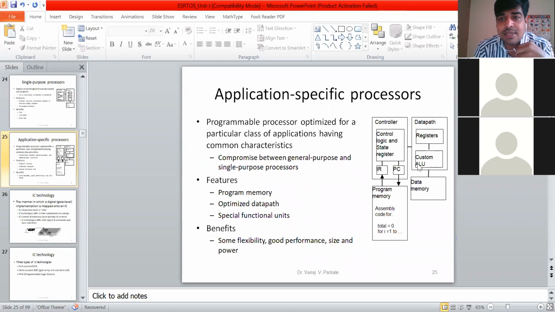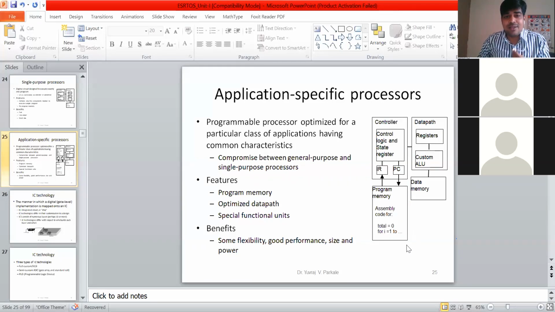Now see the definition first. It is a programmable processor optimized for a particular class of applications having common characteristics. Did anyone get the meaning of application specific processor? It is a programmable processor optimized for a particular class of applications having common characteristics.